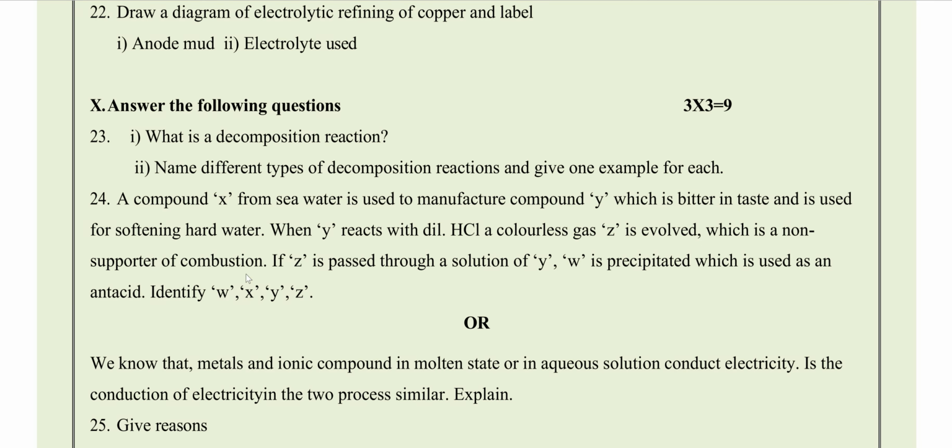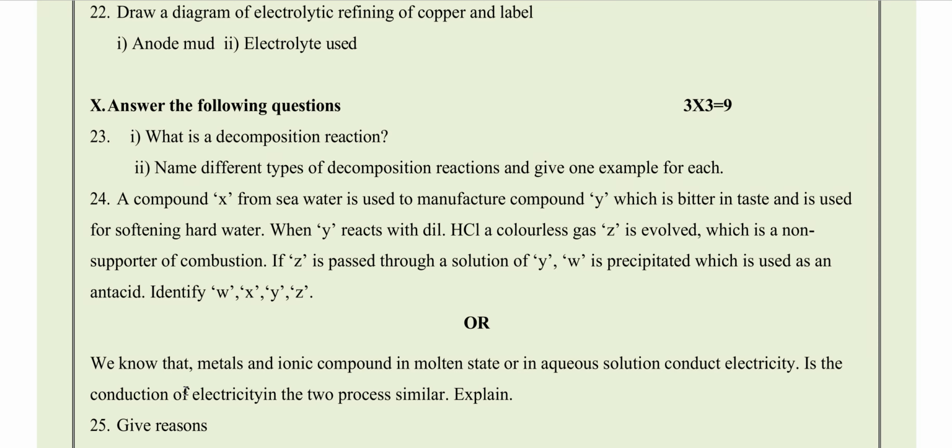That gas is not supporting for combustion. If Z is passed through a solution of Y, W is precipitated, which is used as an antacid. Identify W, X, Y and Z. And this question carries 3 marks. Or